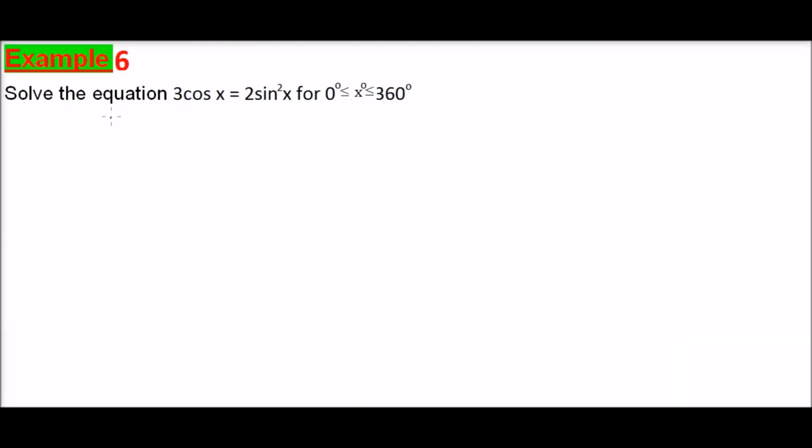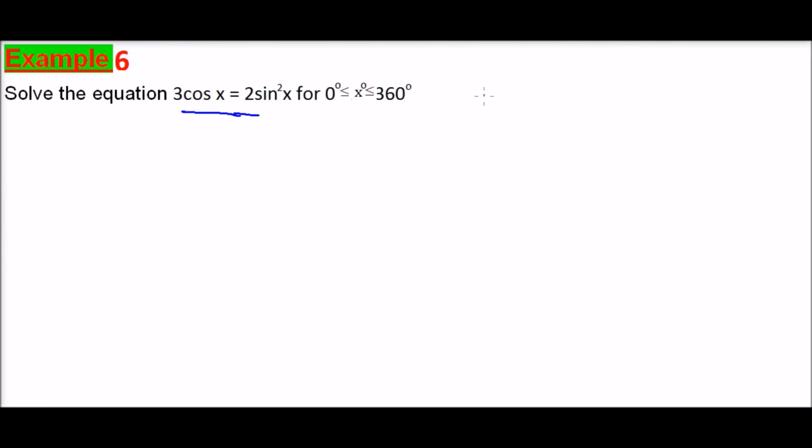So this is our last example in this lesson, and we are required to solve this equation here, that 3 cos x is equal to 2 sine squared x. So for us to be able to do this, we need to have cos as common for both sides. So we know that we learned in